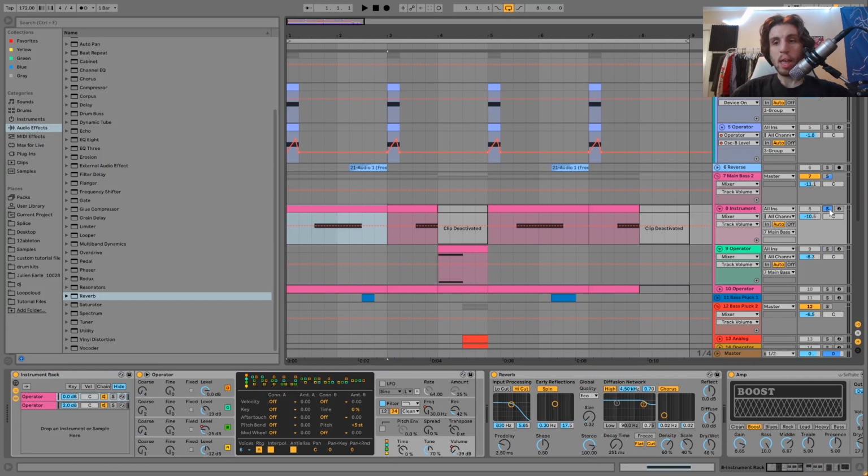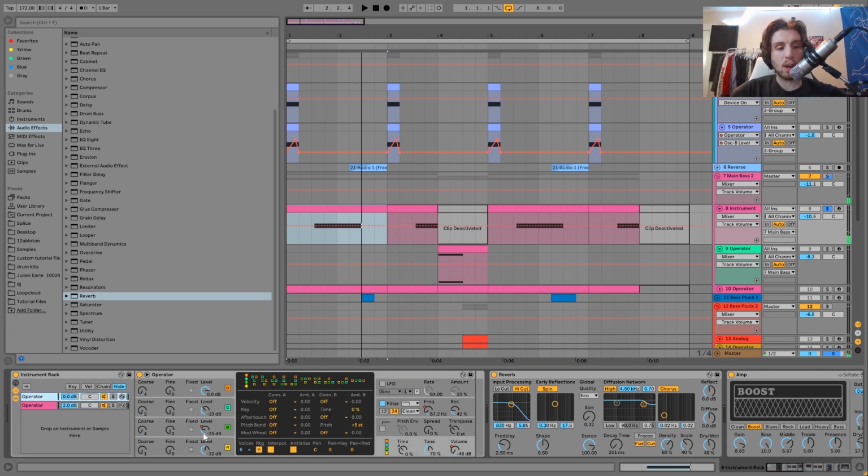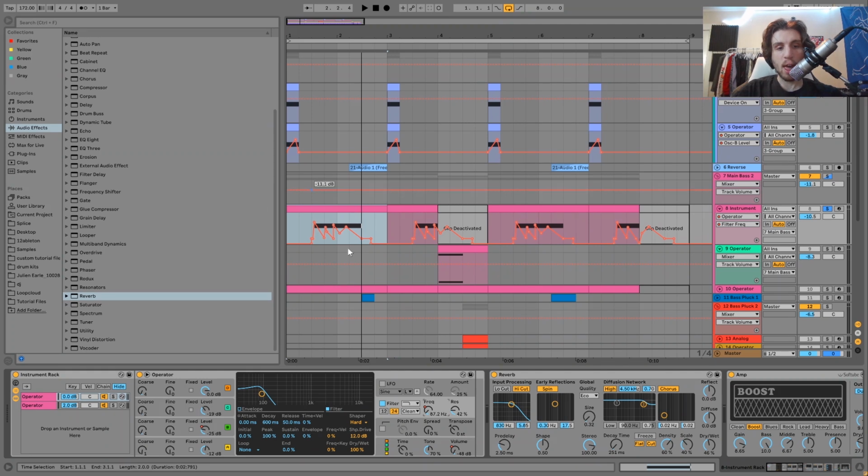So for the first one, like I said, it's 2 layers. So we have this operator, and then this one. So you can hear a more growly sound, which is just FM, saw wave, and then 3 sine waves, and then just a bunch of automation with the filter and that kind of stuff. You can see the filter's on low pass, and I have this hard shaper on. I've also automated the volume to make it a little bit sharper